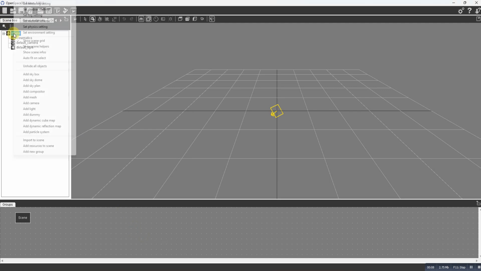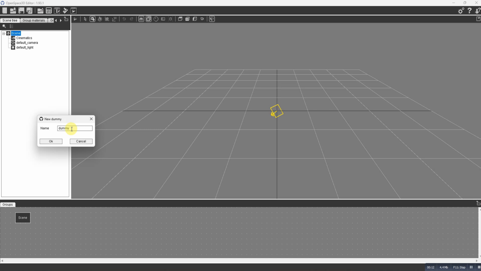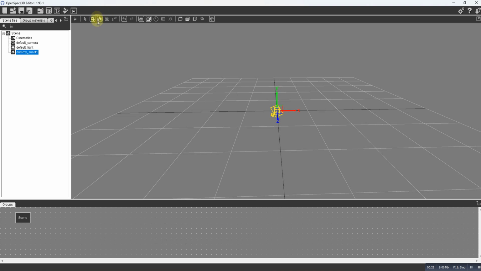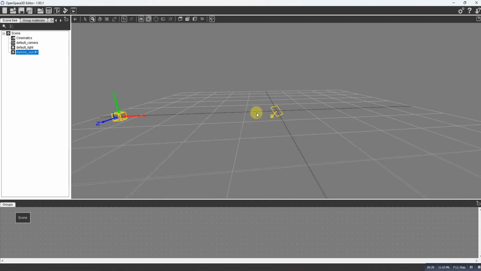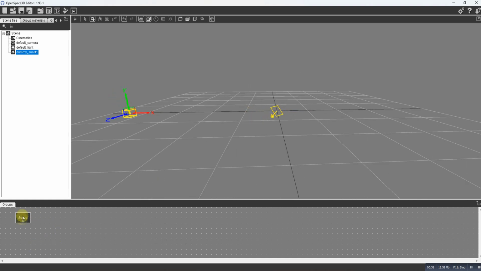So what I'm going to do is add a dummy. We'll call this dummy sun. This is the sun that we're moving. And we're going to place the dummy, oops, let's get the movement on. I'm going to place the dummy over here on the right hand side of the screen. Sorry, left hand side of the screen. In my scene,